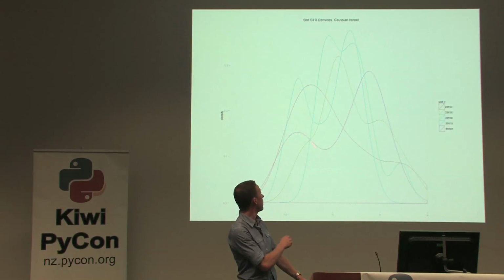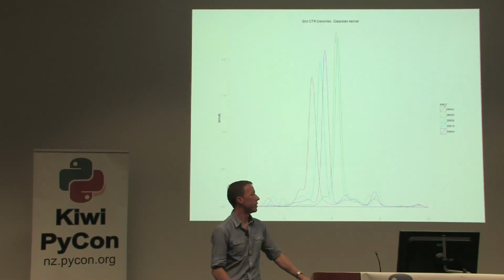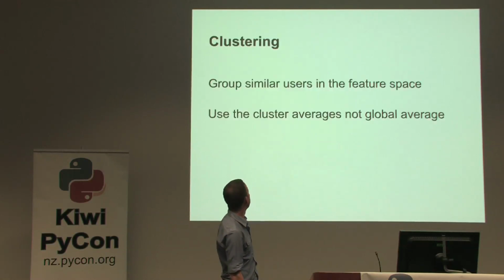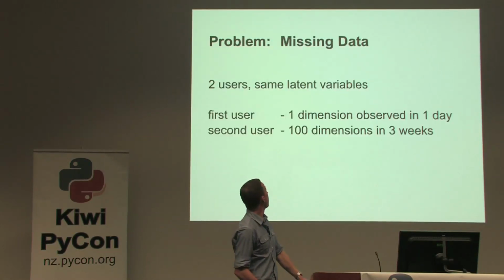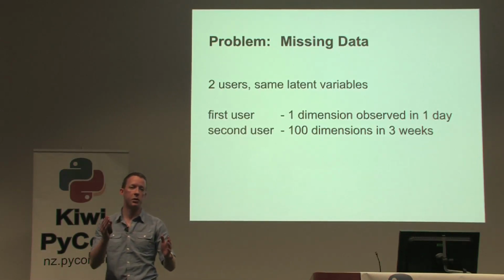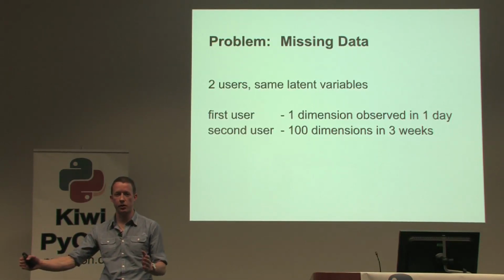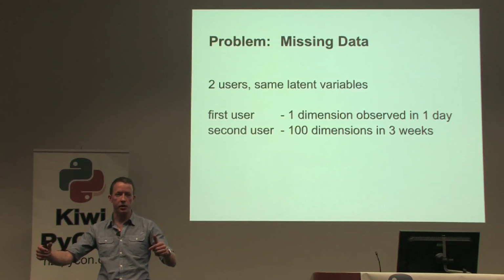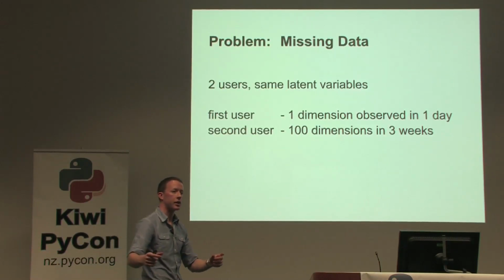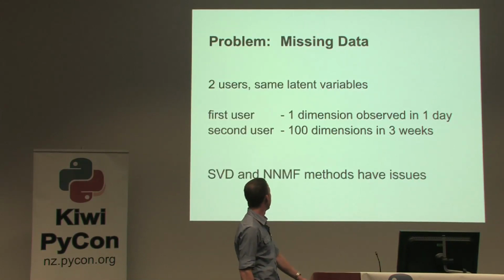This is some average click-through rates for different campaigns across websites. These are the pink ones here, the blue ones here. With non-negative matrix factorization, we did get some averages in the right place, but overall it wasn't very successful because of missing data. For one user, they've just arrived, you've seen them for 5 minutes, they've been to one website. Another user who's exactly the same type of person, we've seen them for 3 months and we've got hundreds of data points on them. The mathematical distance between those two vectors is quite high, yet they're exactly the same person, and that tends to screw up the matrix factorization-based approaches.